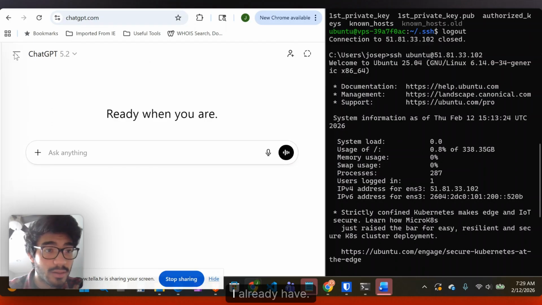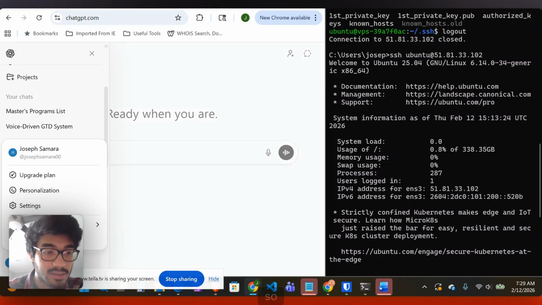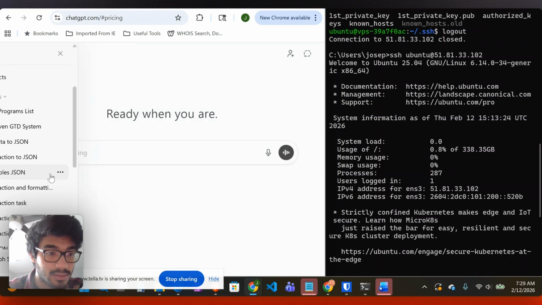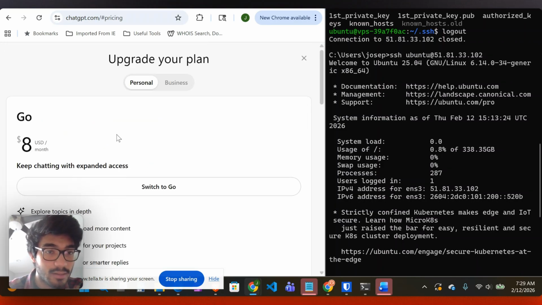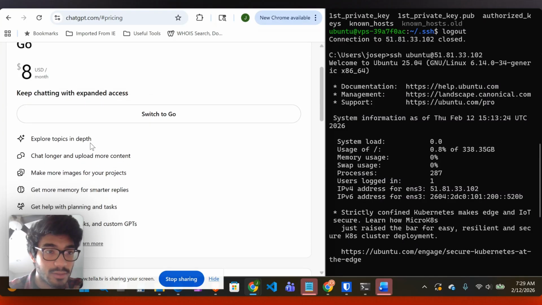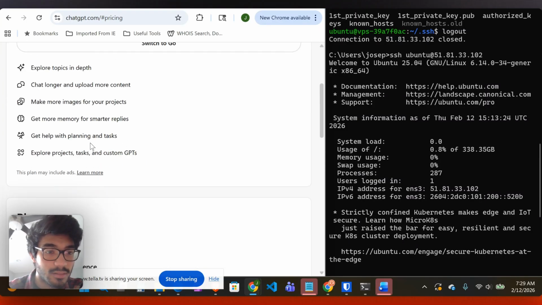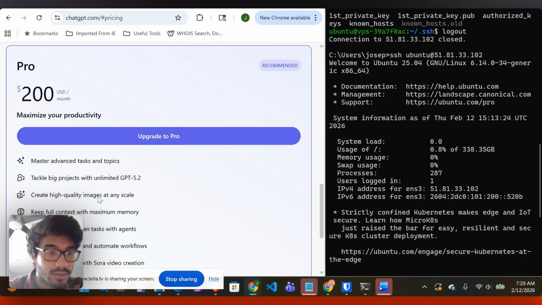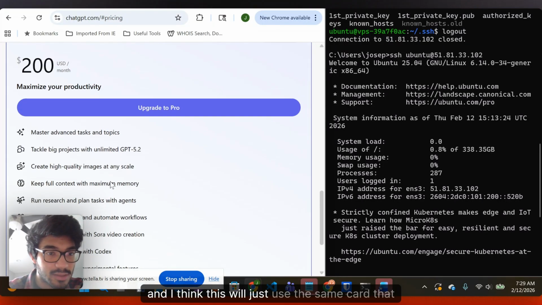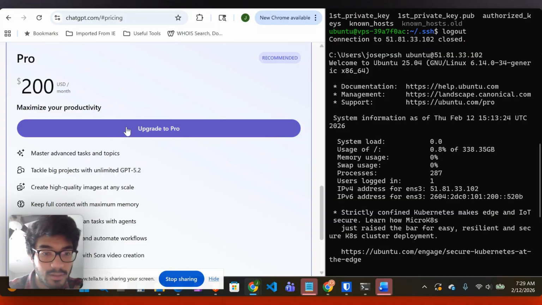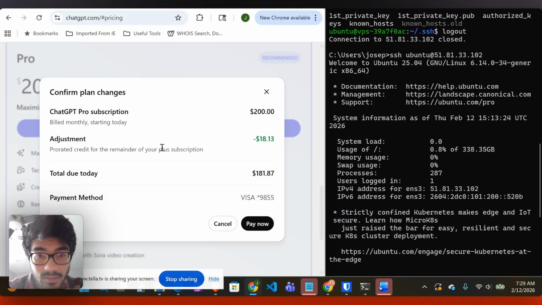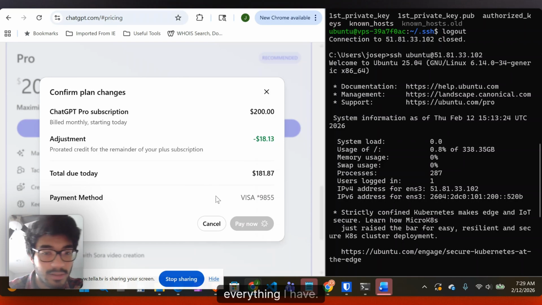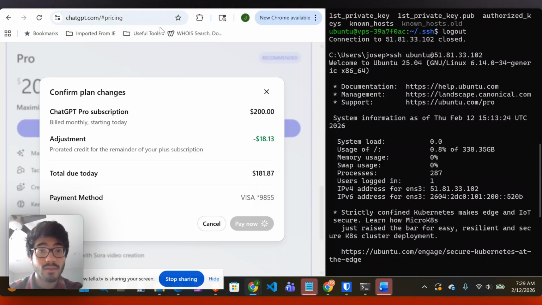So I'm gonna go here. I already have, I think, yeah, I have Plus. So all I need to do is upgrade plan. So, Plus, yeah. All right, and I think this will just use the same card that I have on file. Oh, nice. Okay, they prorated it. At least they're not taking every single ounce of everything I have. Yeah. All right, and then